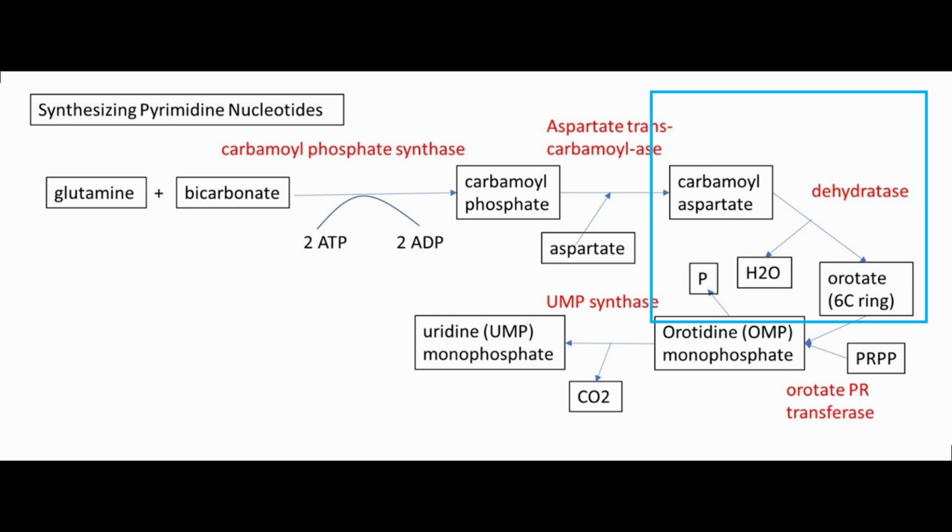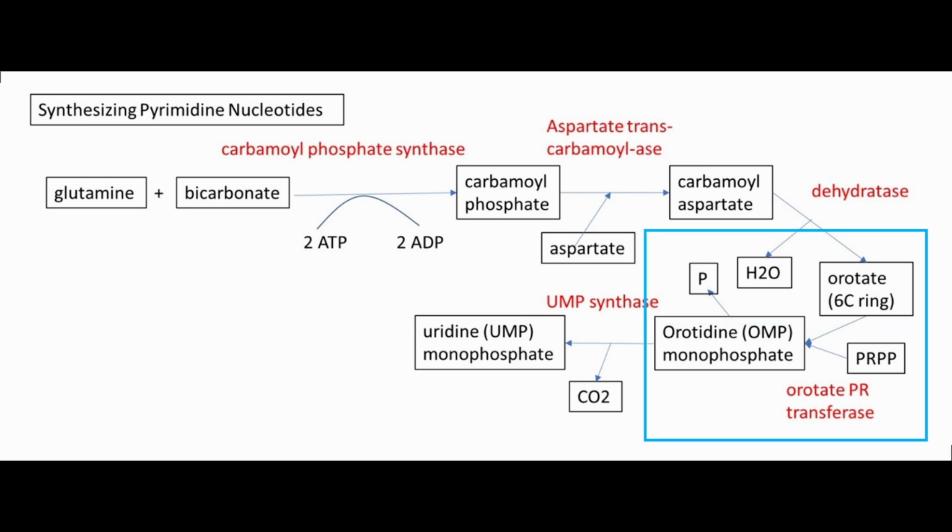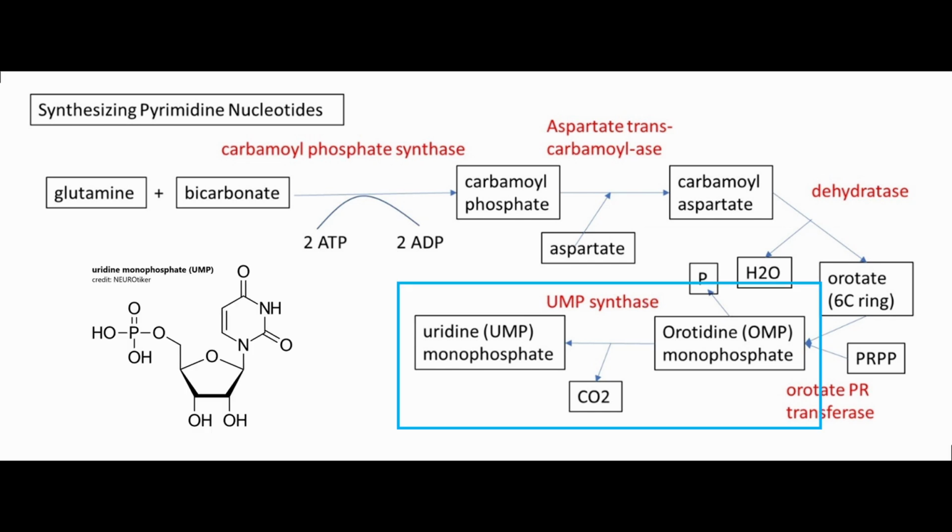For step 3, the enzyme dehydratase removes a water H2O from carbamoyl aspartate to close the ring and make the 6-carbon ring molecule orotate. For step 4, the enzyme orotate phosphoribosyltransferase adds the pentose sugar PRPP that is used to make ribose to the orotate. Pyrophosphate PPi is lost, and the result is orotidine monophosphate OMP. For step 5, the enzyme UMP synthase removes a carbon dioxide CO2 from orotidine monophosphate OMP to leave uridine monophosphate